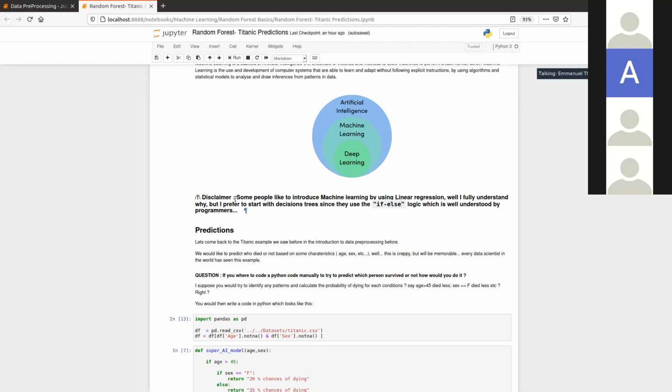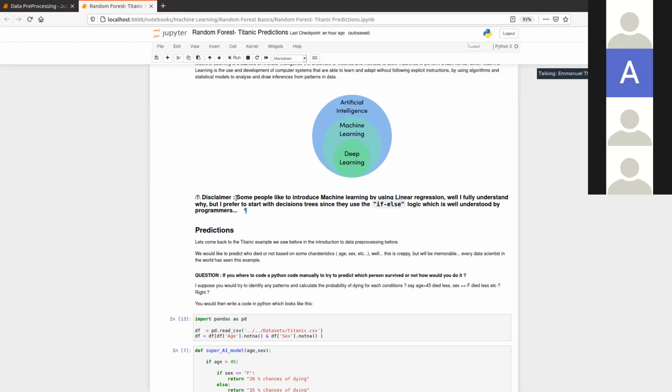Some people like to introduce machine learning by using linear regression. So what is linear regression? It's when you have, let's say, some data on the x-axis and data on the y-axis, so it's what we call two-dimensional data.